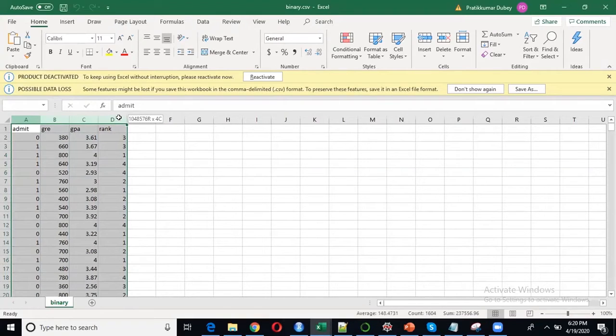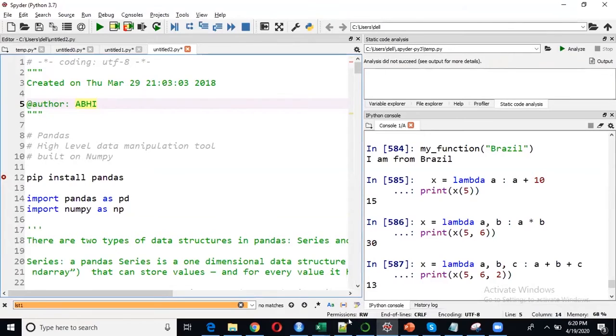In reference to analytics, right? In Python or R, we call it a data frame. So a data frame is nothing but a sort of table which has multiple columns and multiple rows. We are going to refer to a column as a variable and rows as a number of records or number of observations. Fine. So we are going to learn the pandas part.